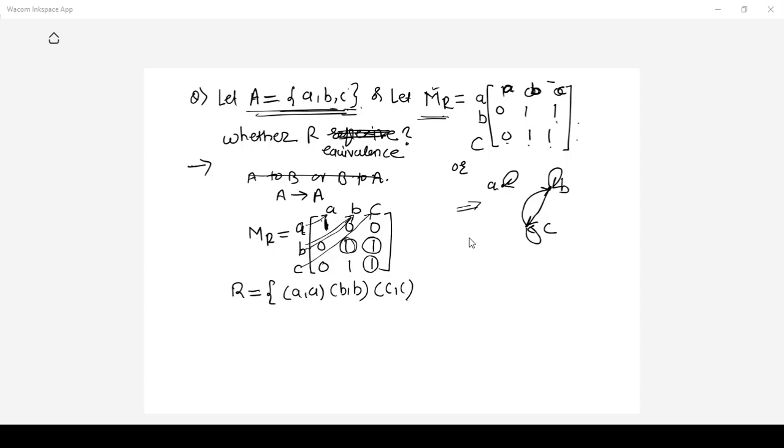So what is this one? One is for this B to C, right? So this B to C. So pair B comma C, I can write. Next one at this place. And this one is for which pair? C to B. C to B. Okay. So now I define relation R. This is very important, to define the relation R based on the given matrix form or graphical form.